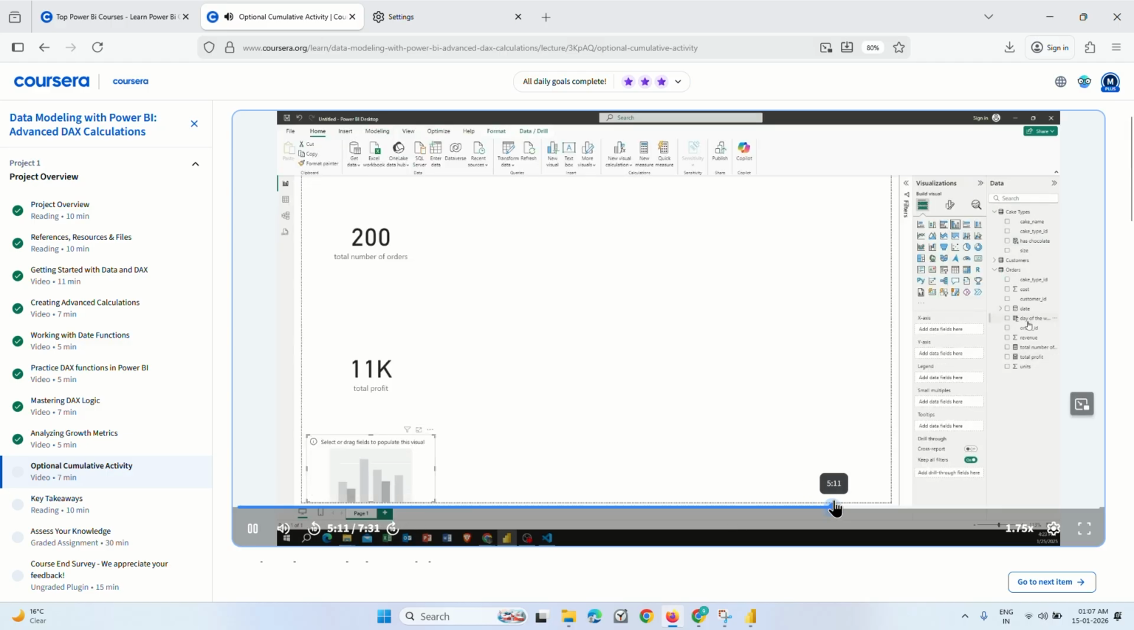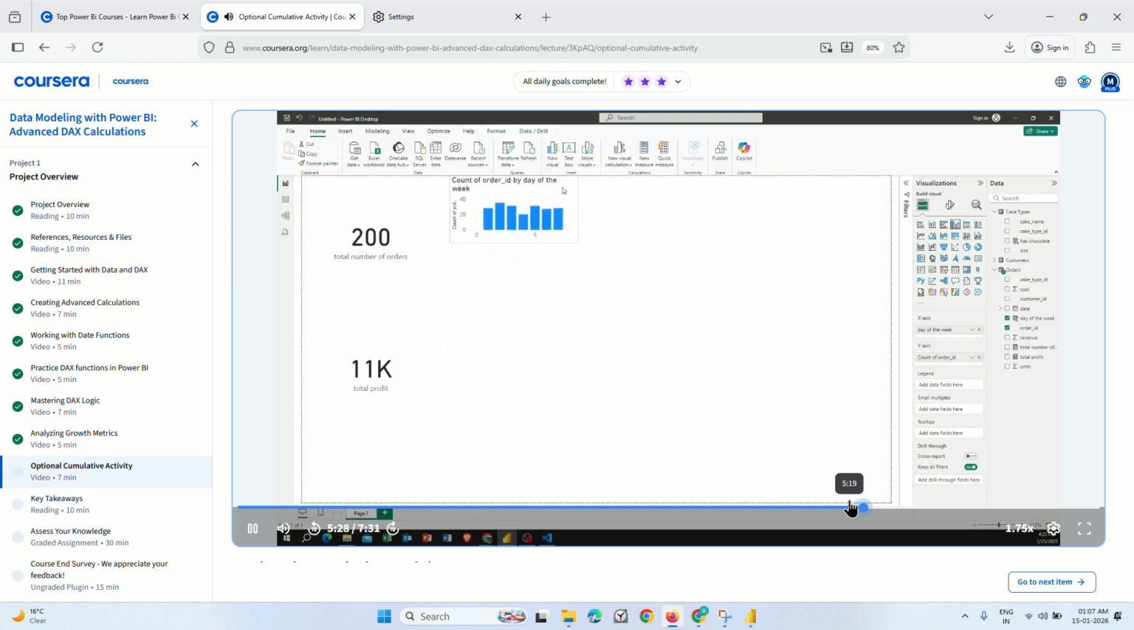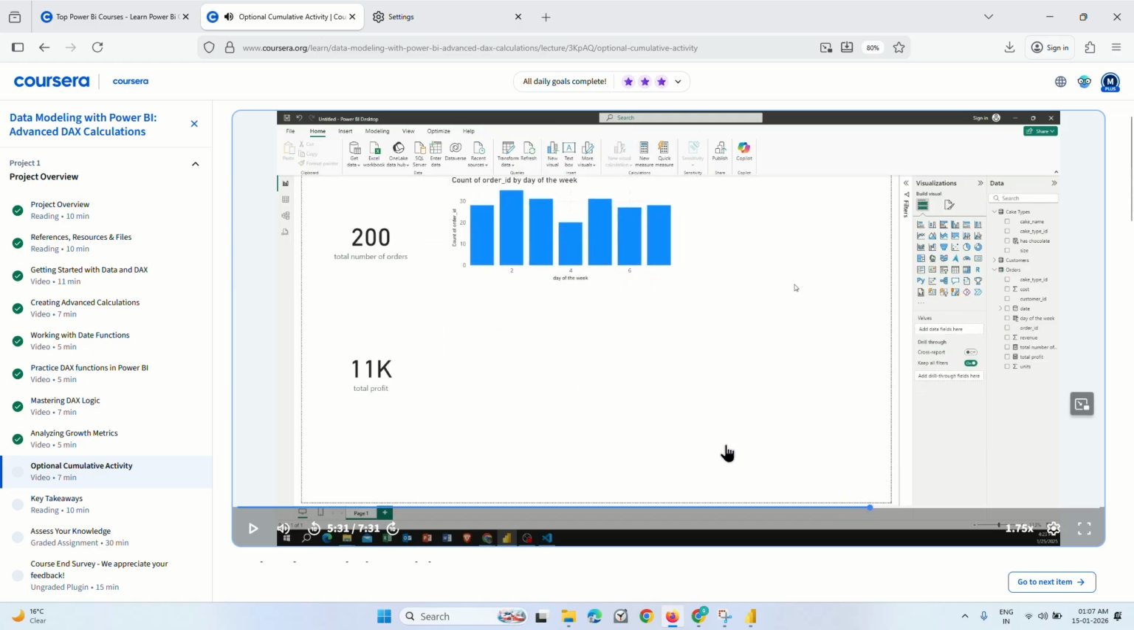The distribution of orders by day of the week, so in the x-axis I'll put the day of the week calculated column, and here I will put the order ID. Let's make it a little bit bigger and position it here. Now let's get